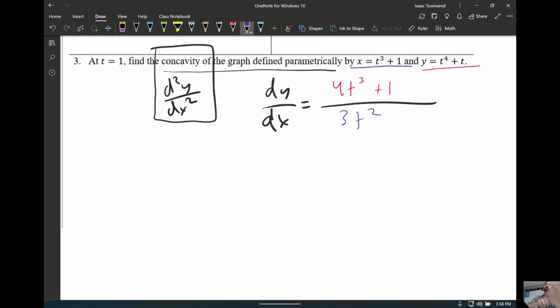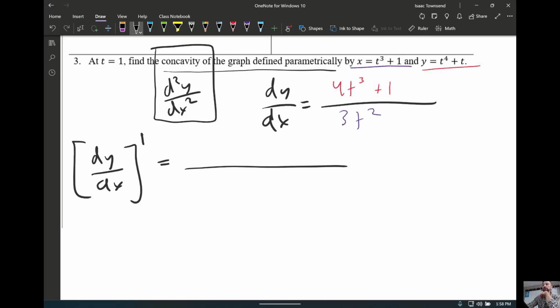I'm not telling you to or not to, it's just preference. But for the second derivative, I know I need to take the derivative of that. So I just did this all as quotient rule. Again, I tend to try to avoid quotient rule, but this one's not too bad because all of these are pretty easy derivatives. So derivative of the numerator